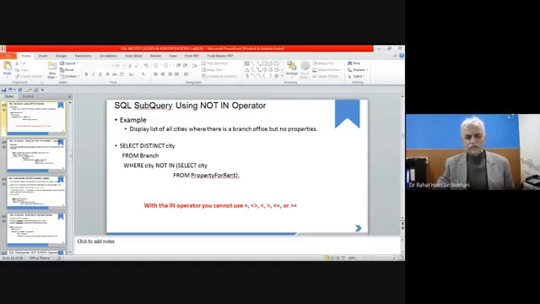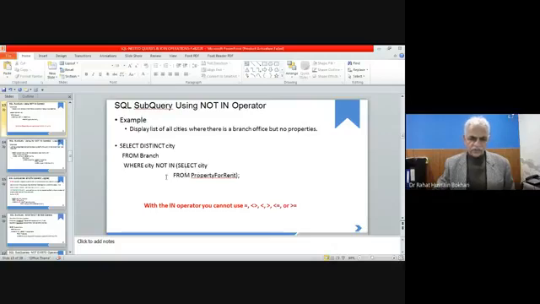select city from property for rent. From this table, property for rent, we get the values of the cities. Because this select statement has no where condition, it will select all the cities from property for rent.